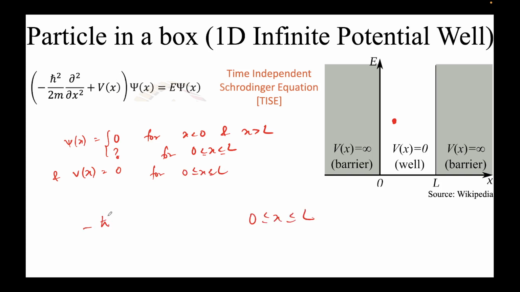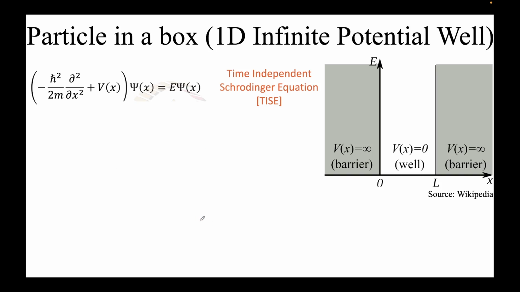So the expression becomes minus h cut square by 2m del square by del x square psi x equals E psi x, right? Now you can see that this is the only variable that we have. It's also dependent on E. You can go through your lecture notes, and what you will come out with is that the answer comes out to be something like this: